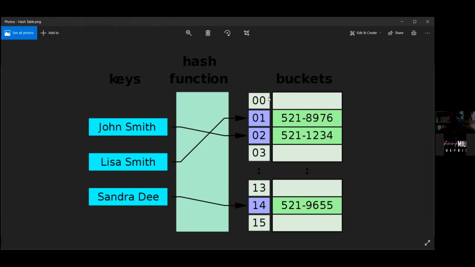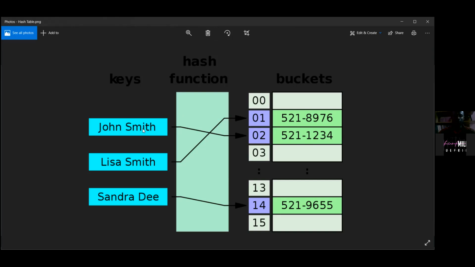And one thing you have to note is hash functions are very, very fast. Hash functions too, if you give it another key, John Smith, it will store the value at this particular position because it uses this name. After it has hashed it, it will now allocate it to memory space number 2.